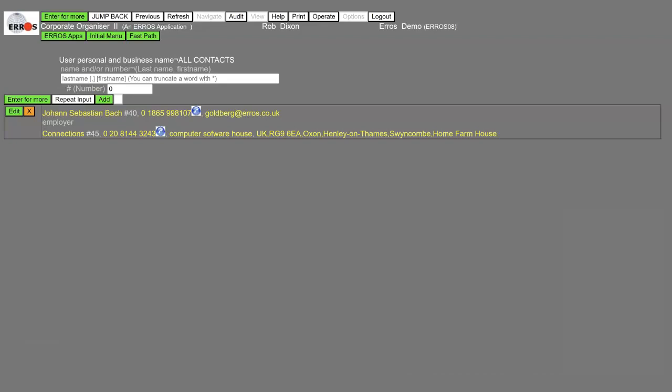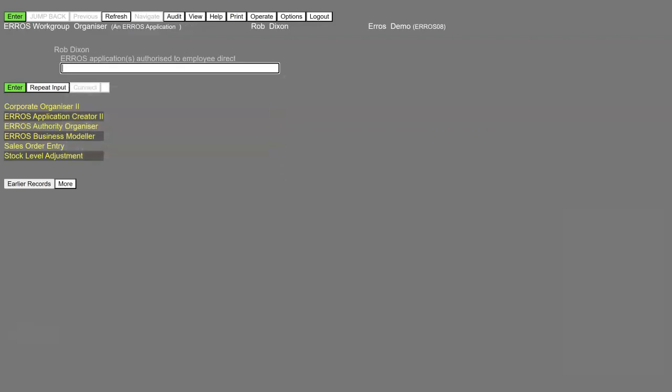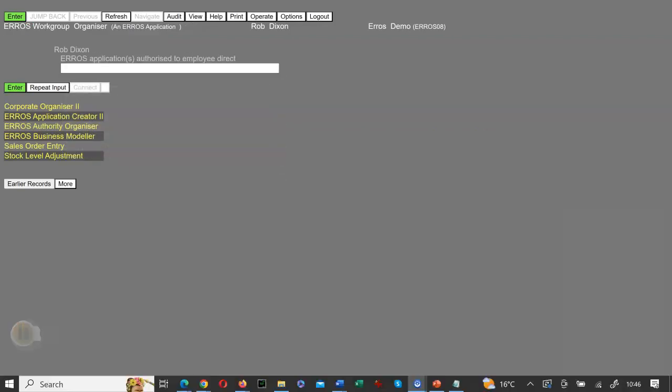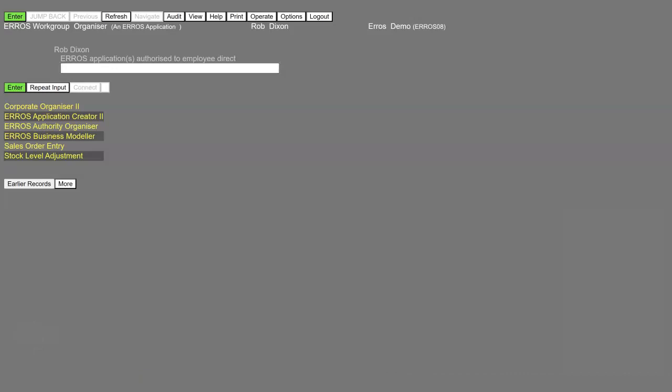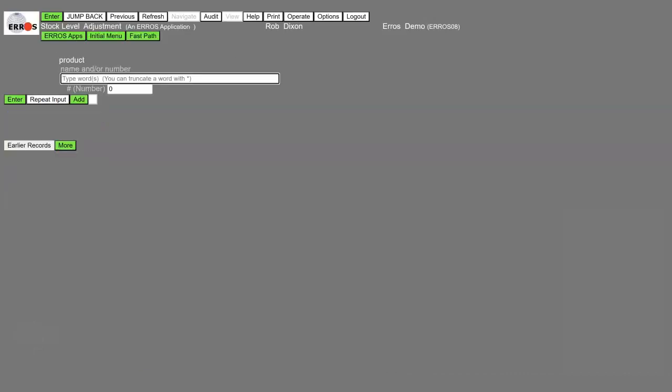Click on ERROS Apps at the top of the screen or type 3 full stops and press Enter. SOI redisplays the list of ERROS applications to which you are authorized. Double-click on Stock Level Adjustment. SOI shows that you now have access to the entity type product, and that products are identified by both product name and product number. If you were looking for a particular product number, you could type #NNNNN, where NNNNN is